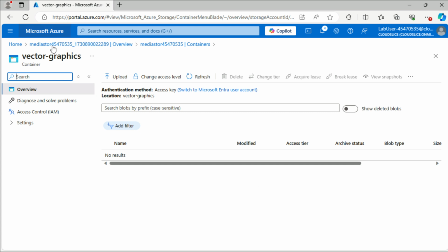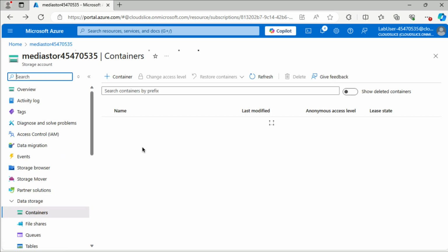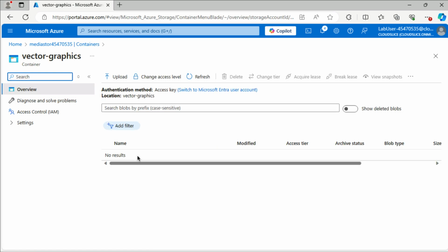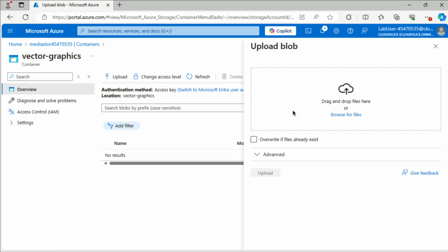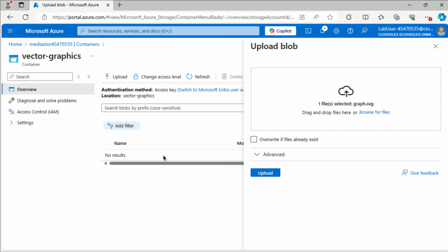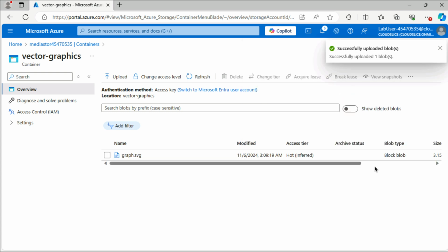another thing that I almost forgot was that you can see the anonymous access level here is blob instead of private. So this container can have publicly available blobs in it. So we're going to upload. We're going to go for the graph.svg this time. That is vector graphics. And then we upload. And now it's there. So let's go back to our code